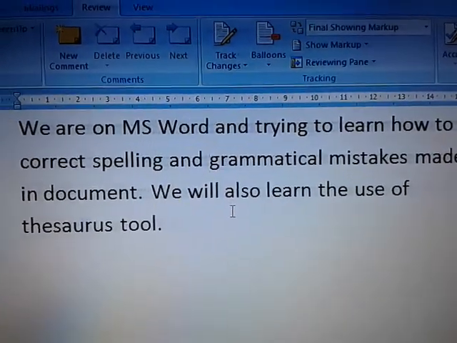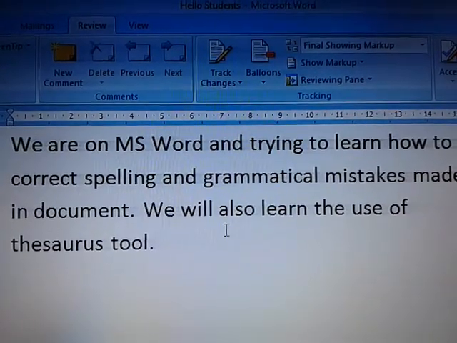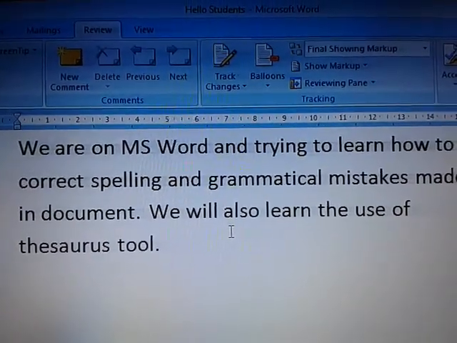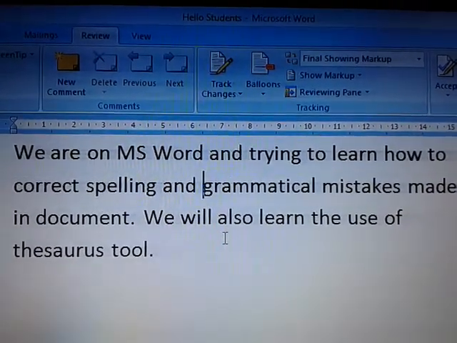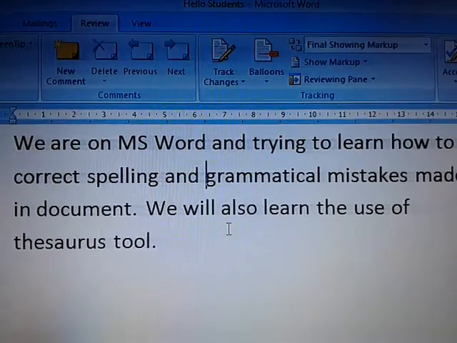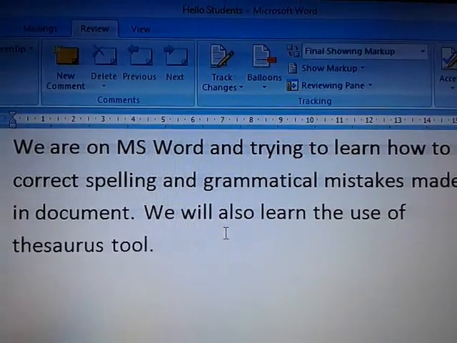This is a very helpful feature that our MS Word provides us, so that even if you don't know the proper grammar or the proper spelling, the feature will help you to do this.